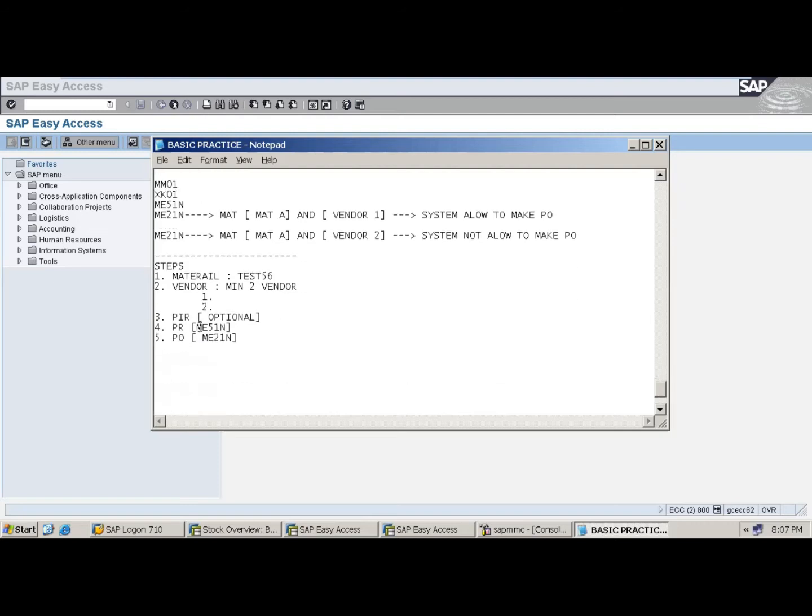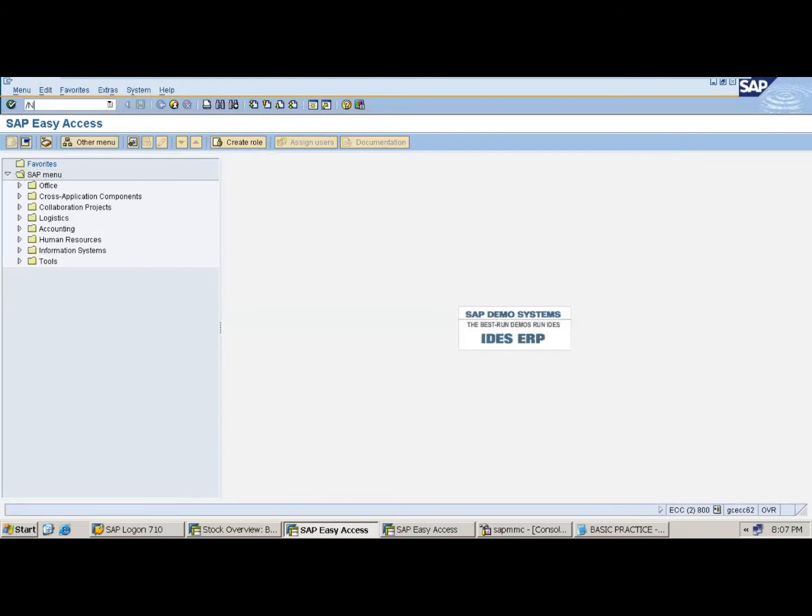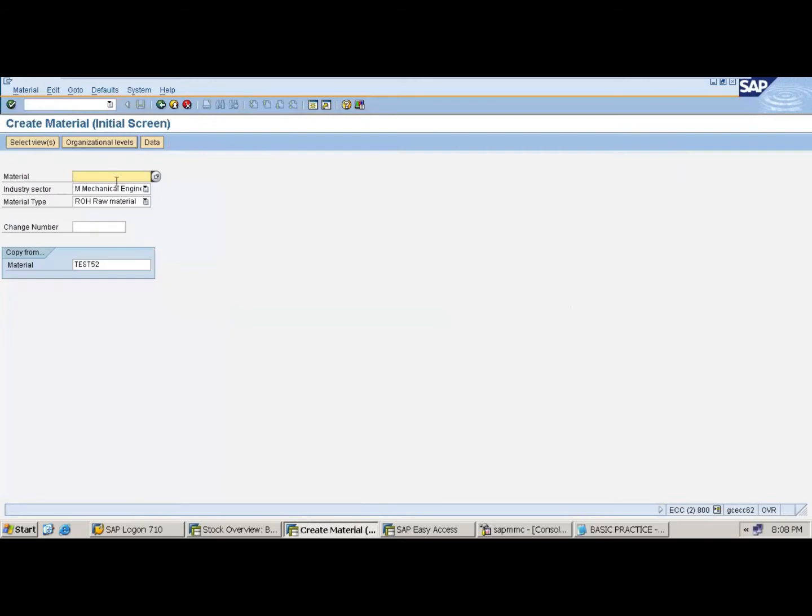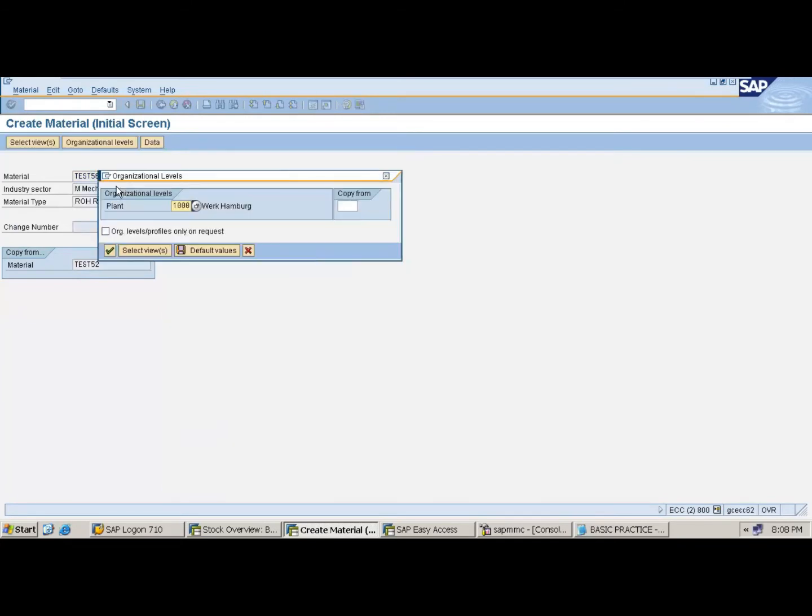Well, now let me start. Here /n MM01. Enter. I can take test 56. Enter. I want to create it for plant 1000, copy from 1000.